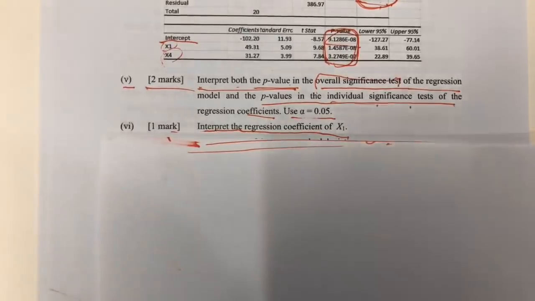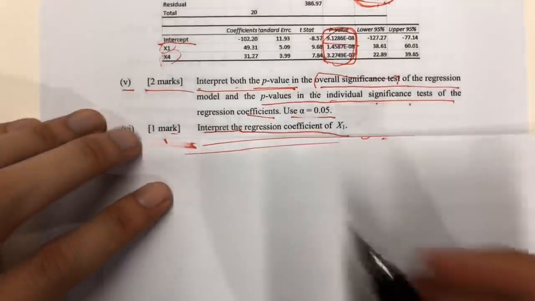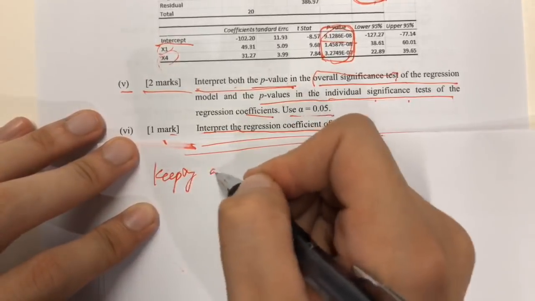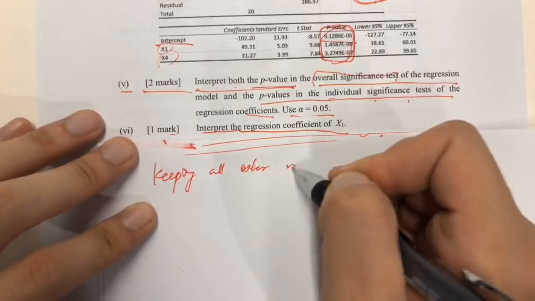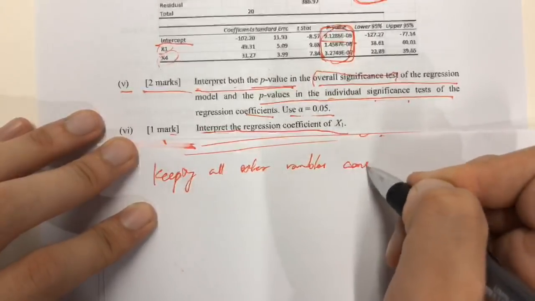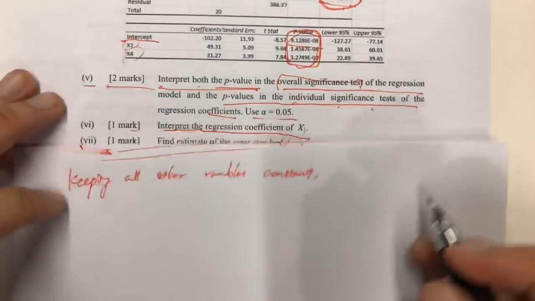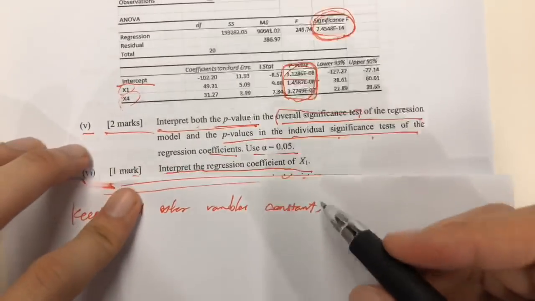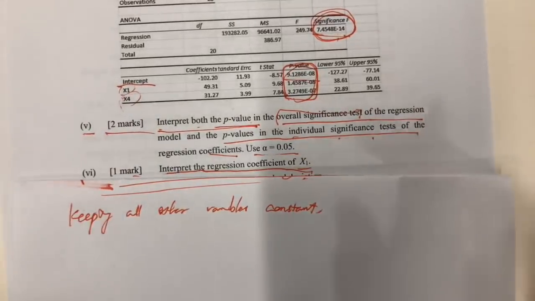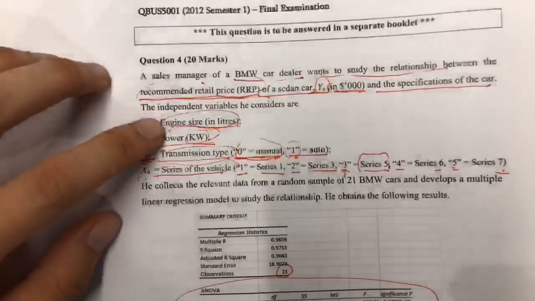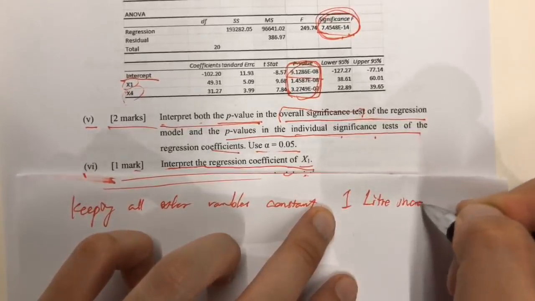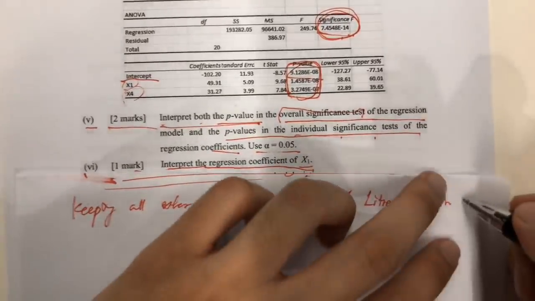So very easy. We talked about it a lot in our class, right? So it should be keeping all other variables constant. This is very important, right? Keeping all other variables constant. Then a 1 unit, well, what is the unit here? x1 means what? x1 is the engine size, right? So a 1 liter increase in engine size